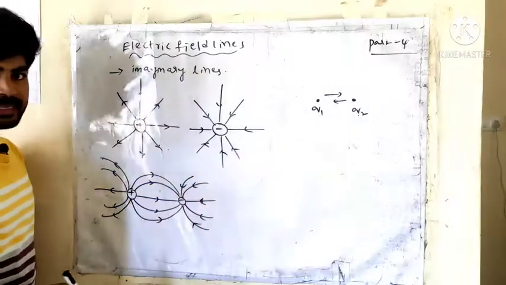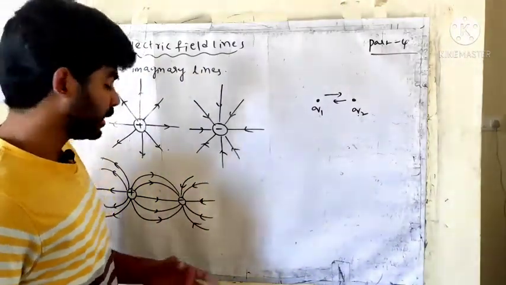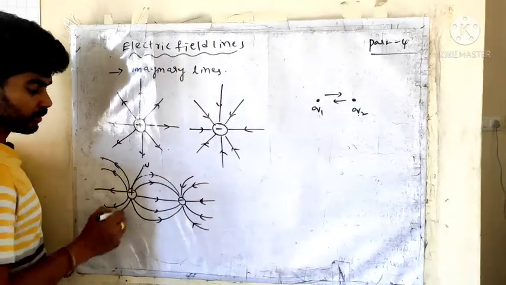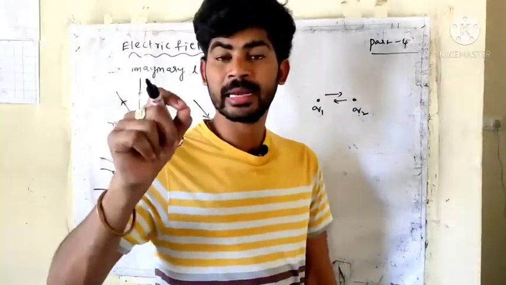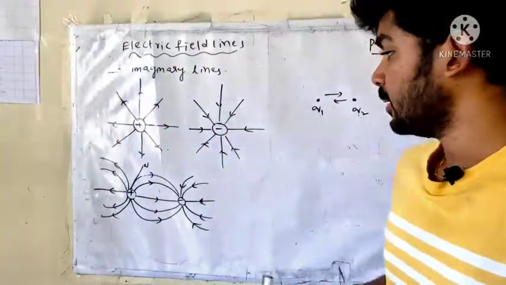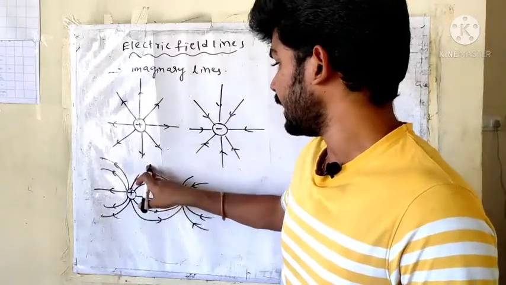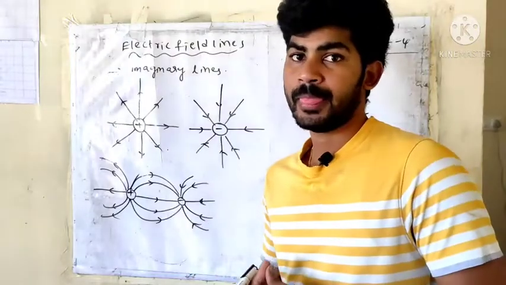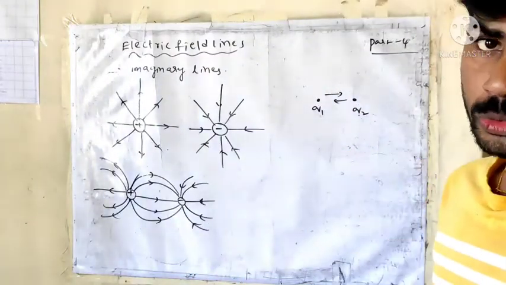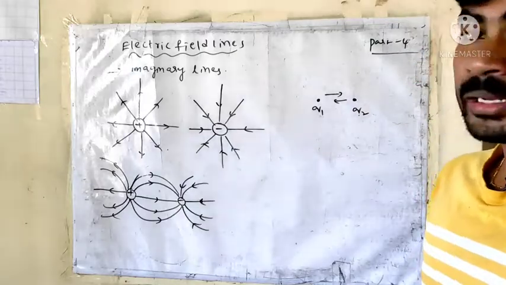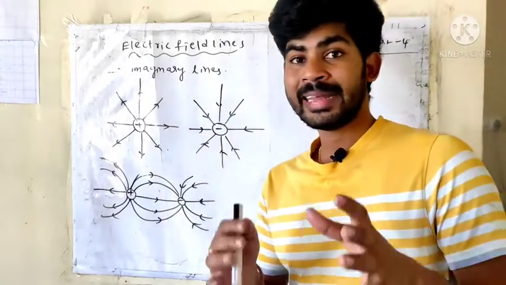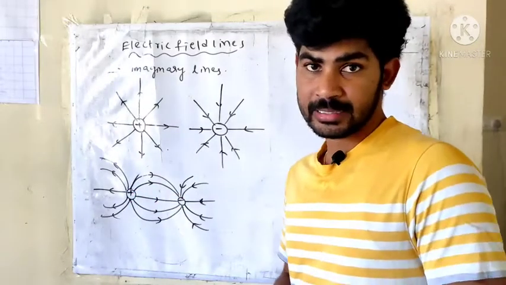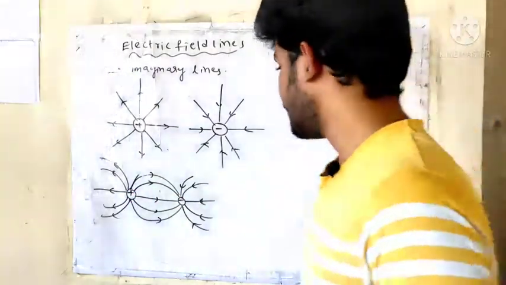Where you need the field line direction, there you can draw the normal. That normal gives the electric field direction. Electric field lines are open loops, not closed loops. The electric field line direction is given by the tangent line, so the tangent line gives the electric field direction. We can discuss that later.